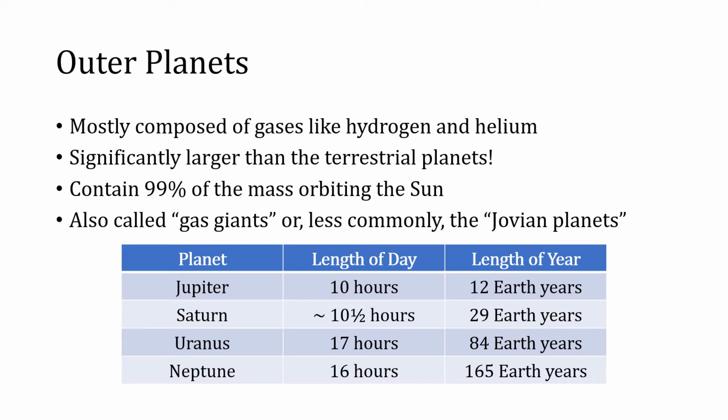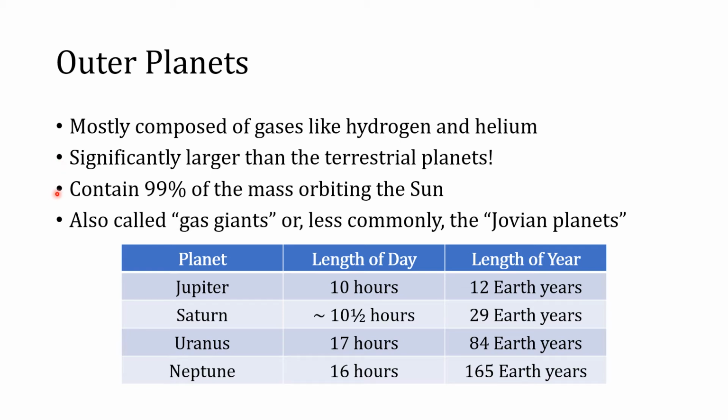That outer planets are like the mini versions of stars, in that they're made up of hydrogen and helium, but they've got more layers beneath that, so it's not really fair to call them stars. They don't form the same way. But you can think of them like stars that didn't get big enough to actually be stars, as a simple way to think about it in terms of the fact that they're made up of hydrogen and helium, just like stars are. As we saw in the pictures earlier on, they are significantly larger than the terrestrial planets,